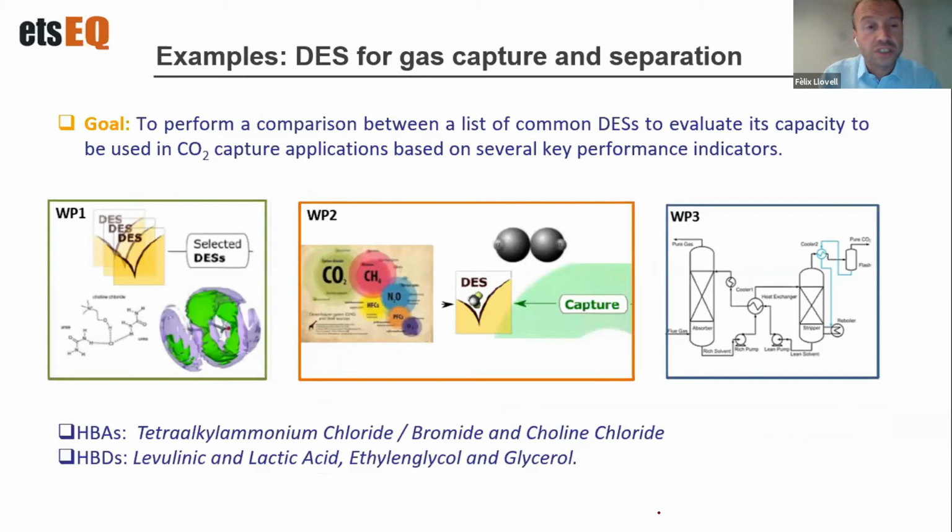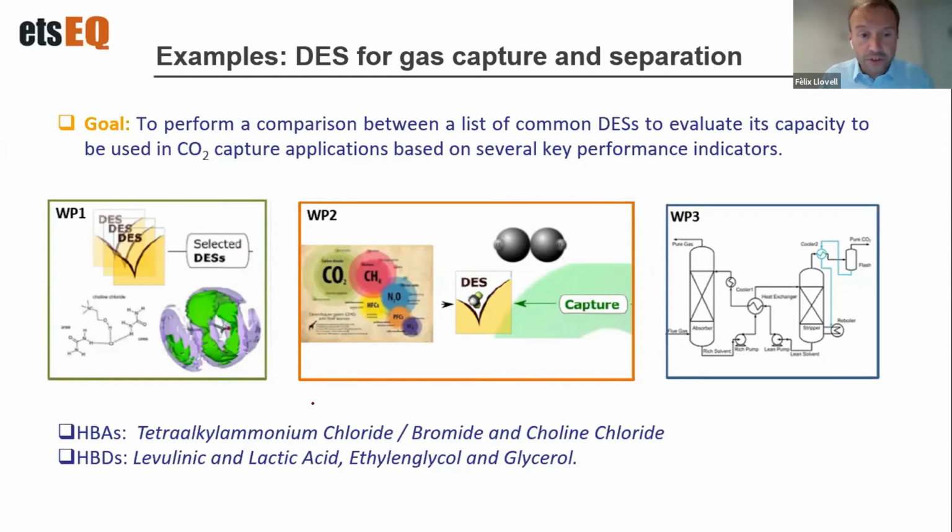Nowadays, there are, of course, many different CO2 capture units based on amines. Our question is, can we improve this technology using deep eutectic solvents that avoid losing solvent in the process because of their negligible vapor pressure, and having solvents that have a very, very low environmental impact? Are we capable of designing a CO2 capture unit based on different performance indicators?